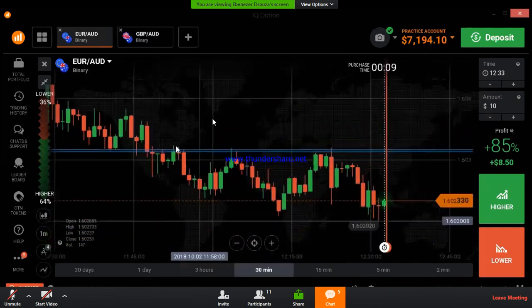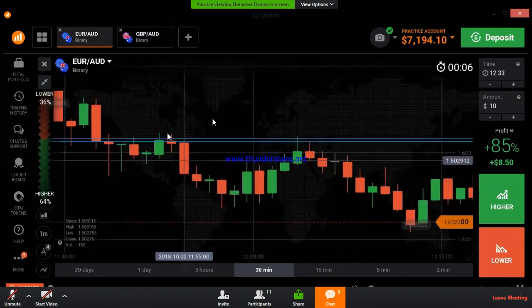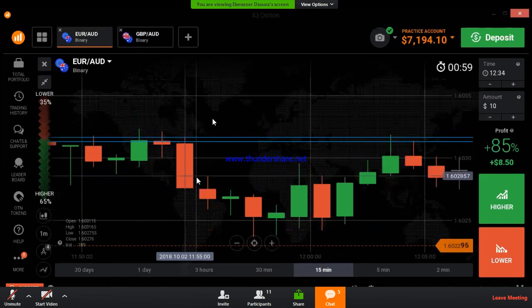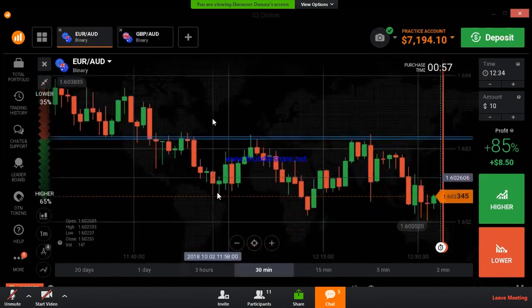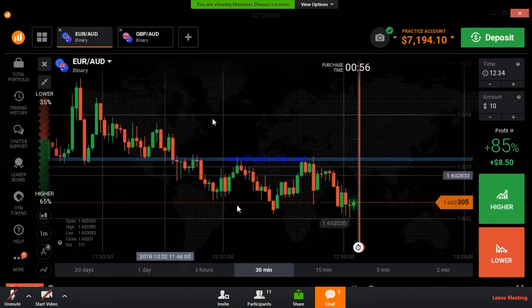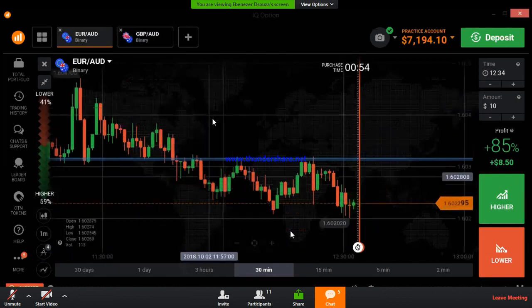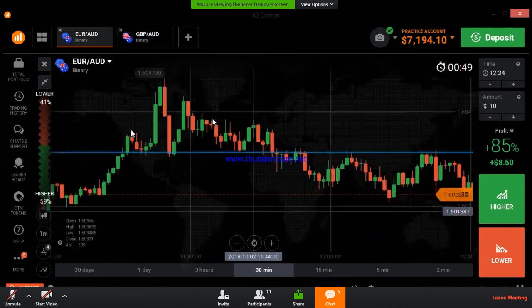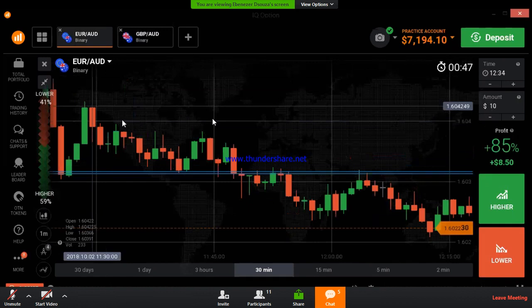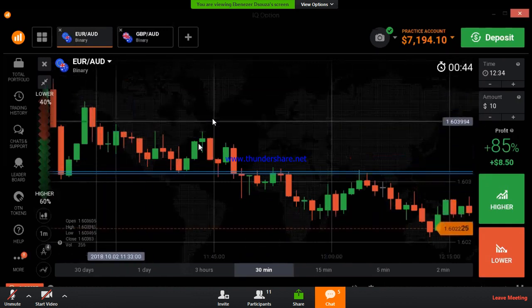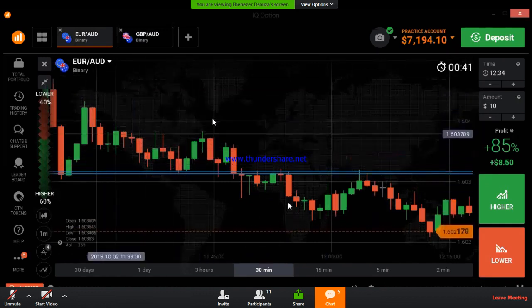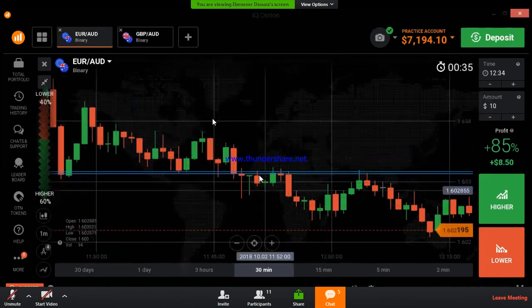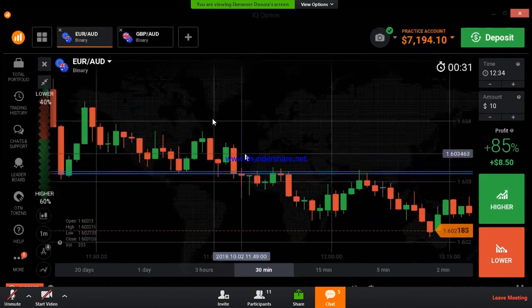Okay, you can find one confirmation. Yes, you can see one reversal candlestick here. After this reversal candlestick, you can trade with lower option in the direction of the trend. Right, always trade in the direction of the trend. It will work. If you trade in the direction of the trend, you can see this is a downtrend from here to here. There are so many bearish candles, right? And there are very few bullish candles. So if you go with the trend, you have so many opportunities to win, right?